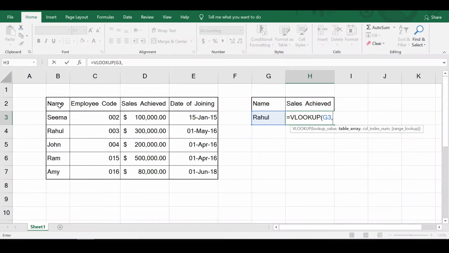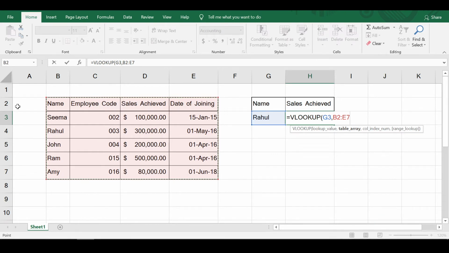Now while selecting the table array, that is basically the whole table from where the data will be extracted, one thing that we must always make absolutely sure is the first column of this table array must contain the name of the employee whose data we want to extract. Now, why is it so? This is because Excel searches for the name of the employee that we want only and only in the first and leftmost column of the table array that we select.